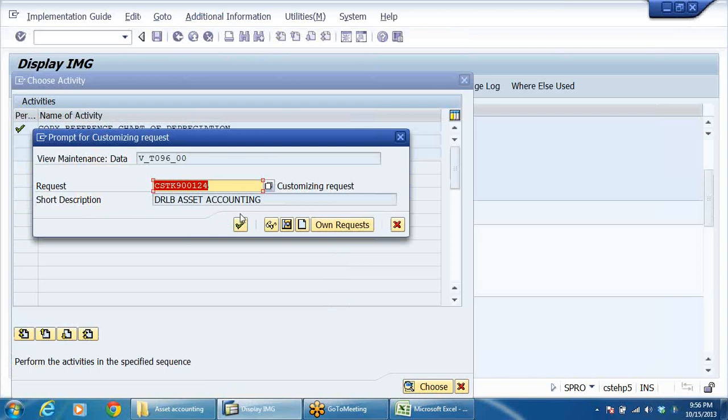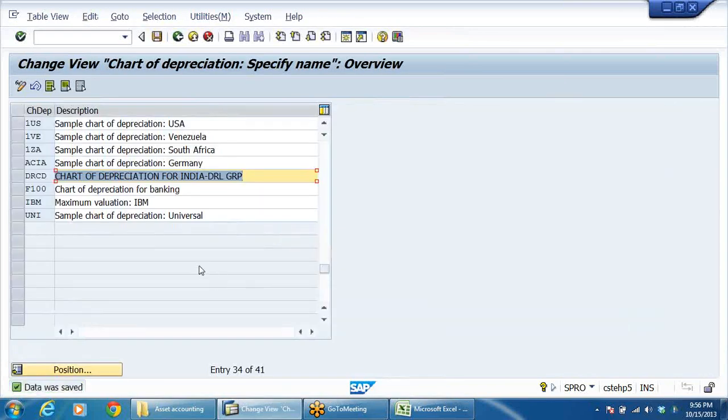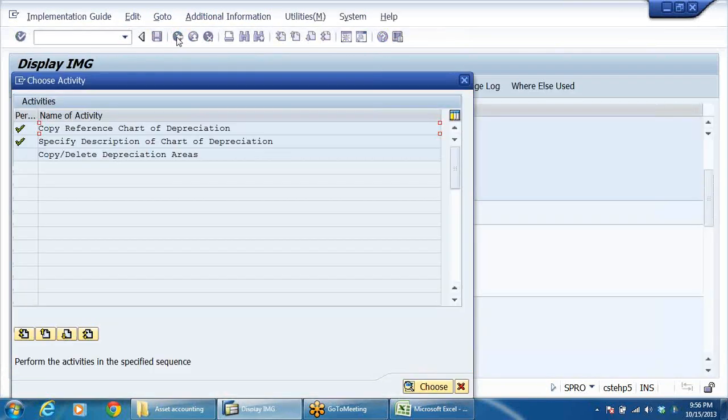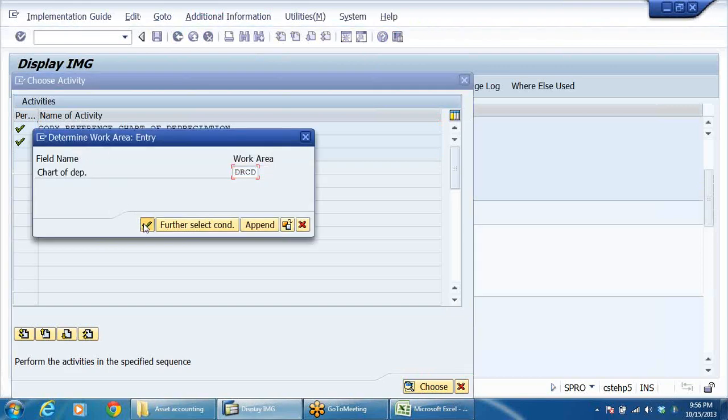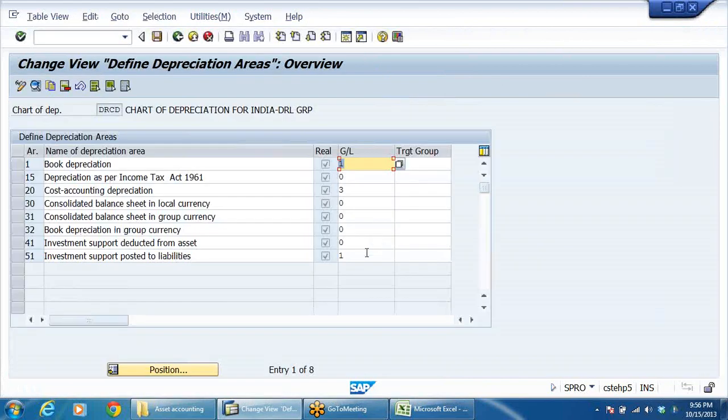Save it. Now what is it that we have copied? Copy, delete depreciation areas. Here you can see the depreciation areas. These are the depreciation areas that have been copied from the standard chart of depreciation: book depreciation, depreciation as per the Income Tax Act, cost accounting depreciation,